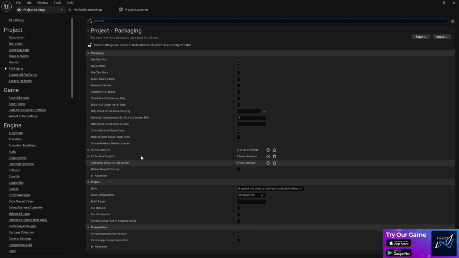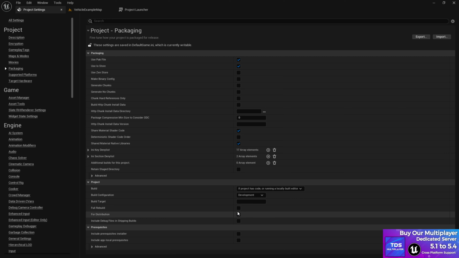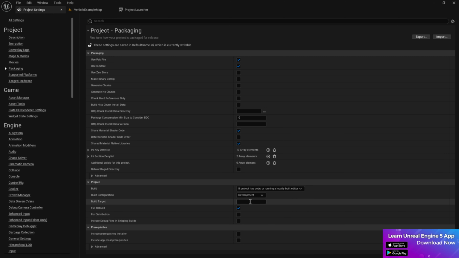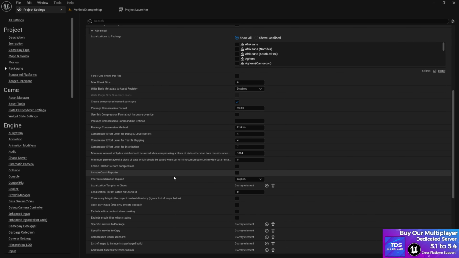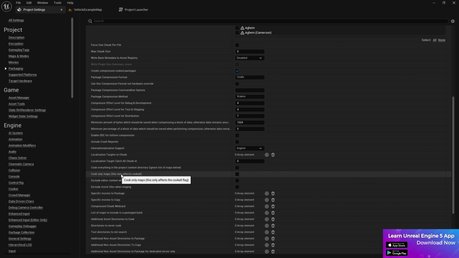At the packaging, which is really very cool, just make sure that pre-installer is disabled and make sure the full project is rebuilt. Okay, there are some map settings available, which I typically don't recommend doing. It's highly not recommended, but if you want you can. You can go to the advanced section, and here there are 2 options you can enable. One is cook only maps that are affected on the Google,